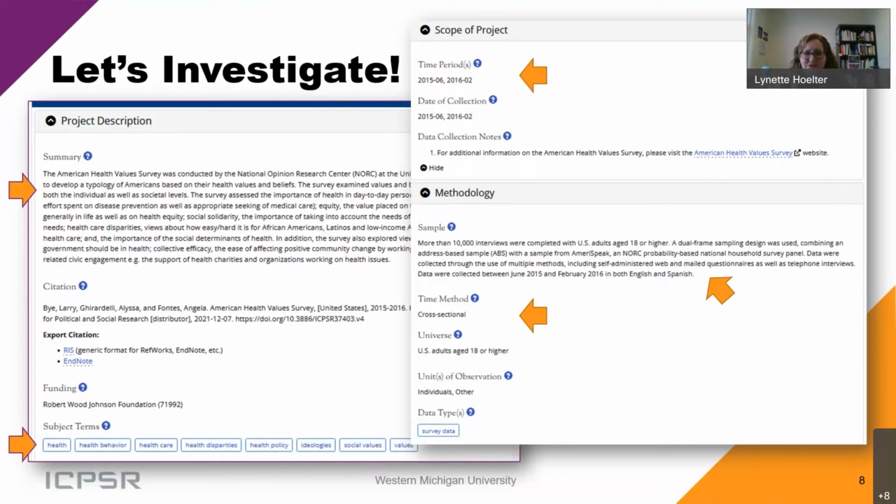You might look at the subject terms, because if you decide that this data set isn't the exact one for you, you might find a subject term that you think fits the data and fits your interest, and you can see what else has been tagged with that subject term. You can look at the time period and the date of data collection. So if you need something that was collected in the last 10 years, for example, you want to look at the time period and date of data collection to let you know that you found data that will meet that requirement. There's also the sample and the